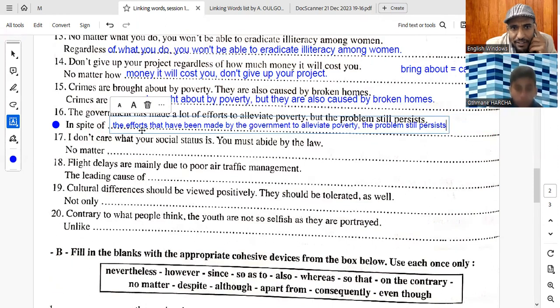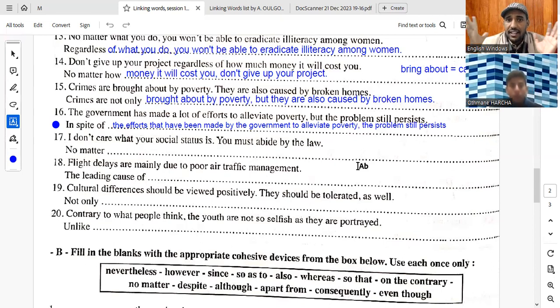In spite of the efforts that have been made by the government to alleviate poverty, the problem still persists, right? It's possible to say in spite of making a lot of efforts to alleviate poverty, the problem still persists. The examiner may accept this from you as a good restriction, but you did not mention who made the efforts. So if we want to mention the efforts, it's better to say in spite of the efforts that have been made,